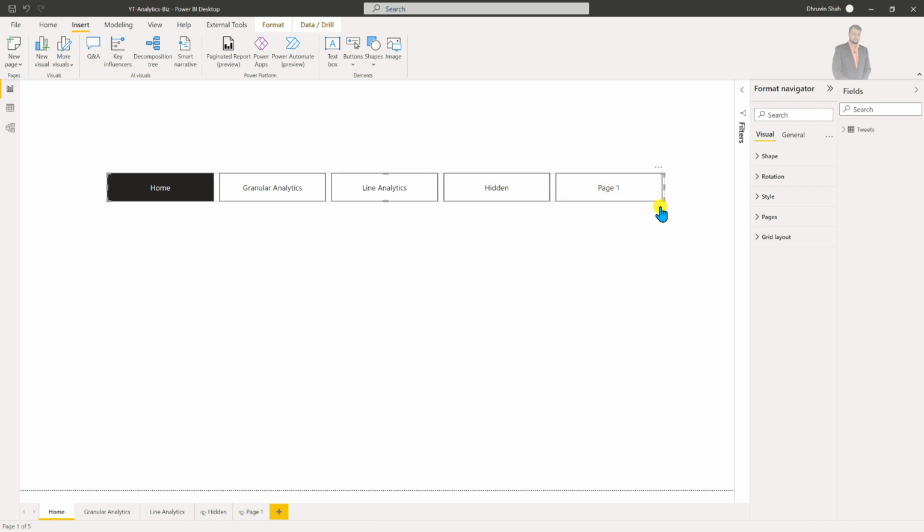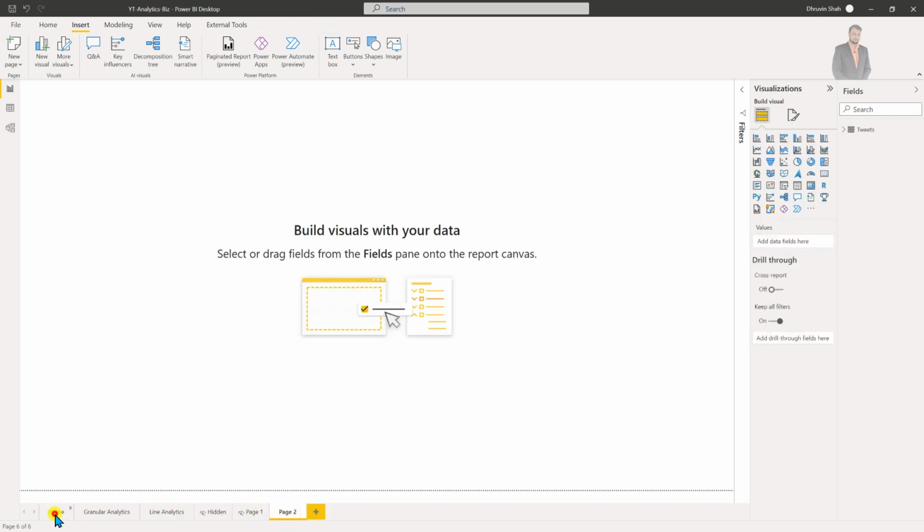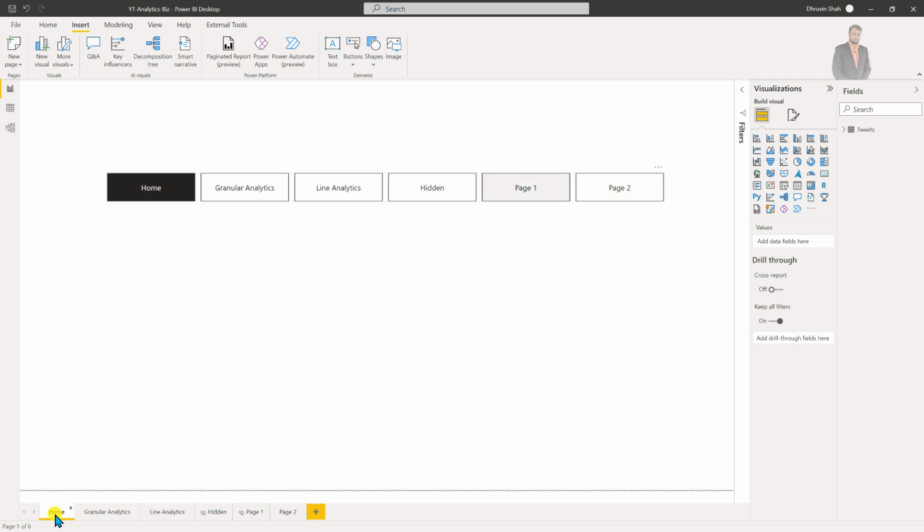The page navigator's names are the same as your page names and the sequence is also based on the same sequence of your pages which are added here. Now whenever you add any new page over here, it will automatically add that into your navigation. Also at this moment it is adding the hidden pages as well, but obviously there are configuration properties to remove the hidden pages. So now let's check out its different properties.